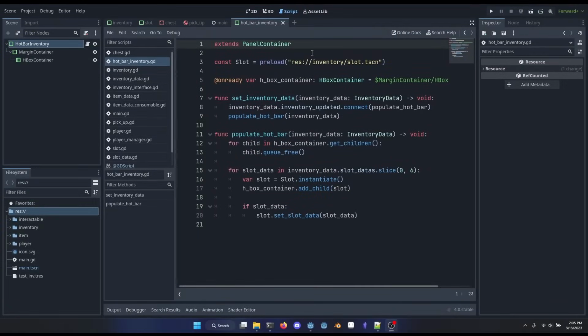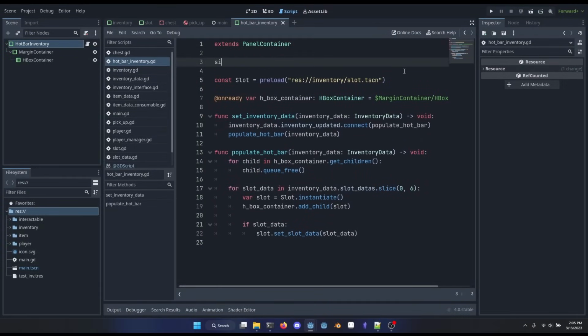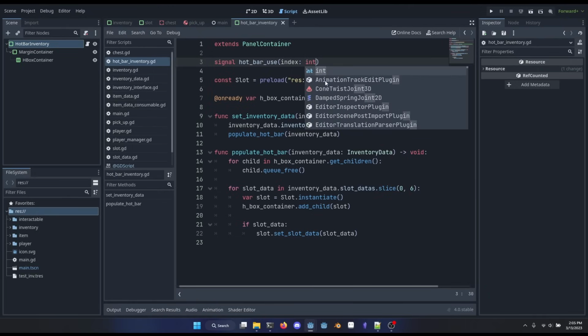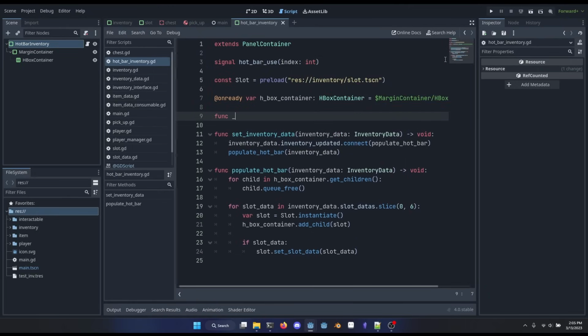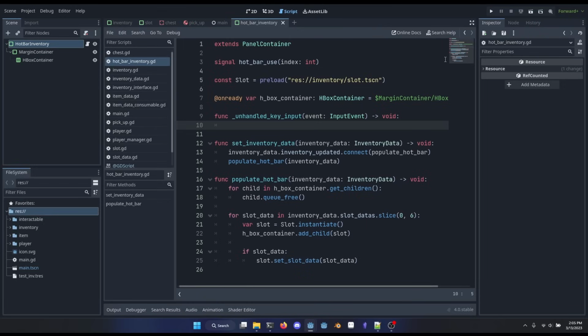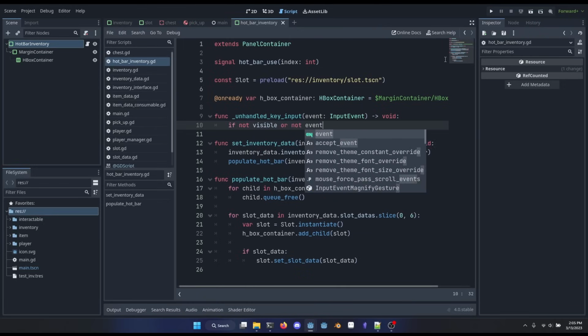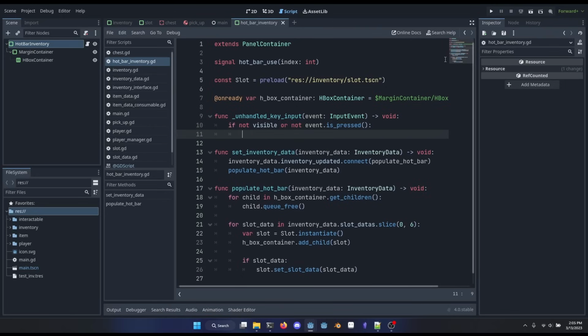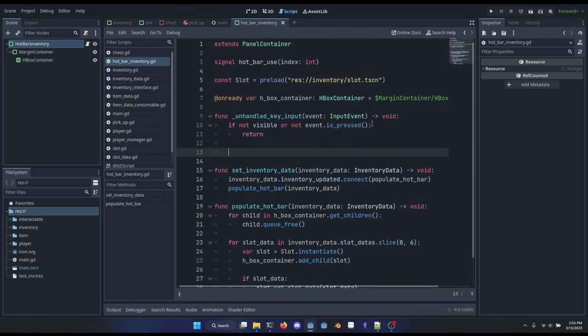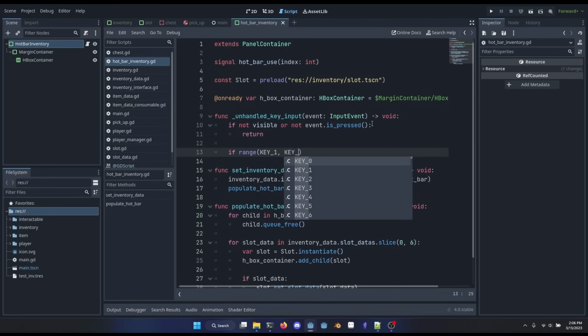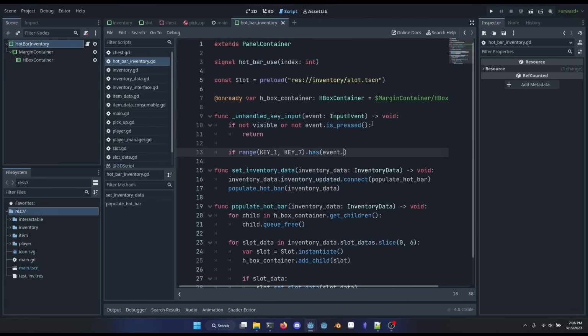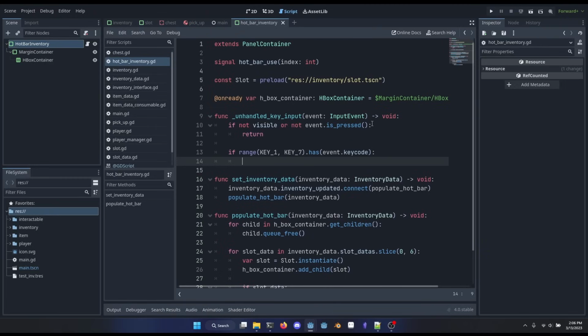All right, so let's make it so that we can actually use the items in our hotbar. So I'll make a signal up at the top of the hotbar script, hotbar_use with index of type int, and then up here I'll also make the function unhandled key input, and I'll say if not visible or not event.is_pressed, then return. And then here I'll say if range(KEY_1, KEY_7) has event.keycode, then we'll hotbar_use.emit, and we'll emit